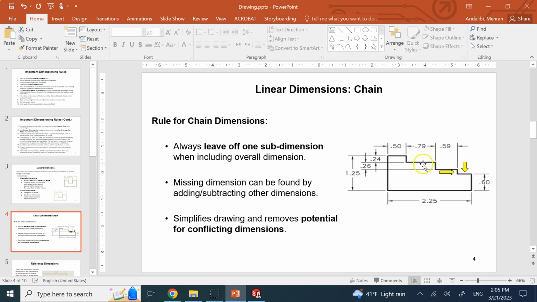So here, you see I'm doing chain dimensioning. So each wall is measured from the previous wall. So 50, 79, 59, not everything from the left side. So this is called the chain method. And instead of me showing this last part of the chain shown by this arrow, I show the total length of the chain. And the reason is that the tolerances will add up. So if, let's say, the tolerance on all of the dimensions in this drafting is 0.01,